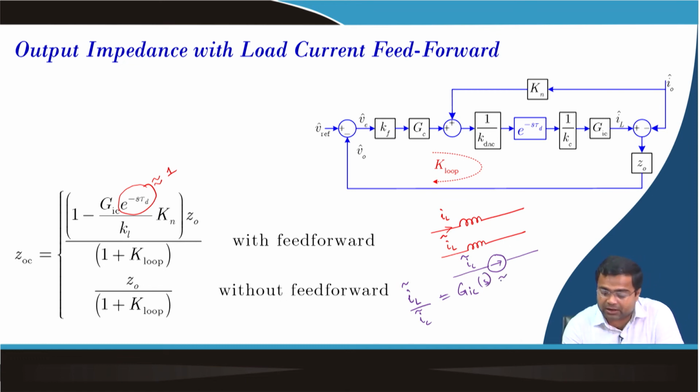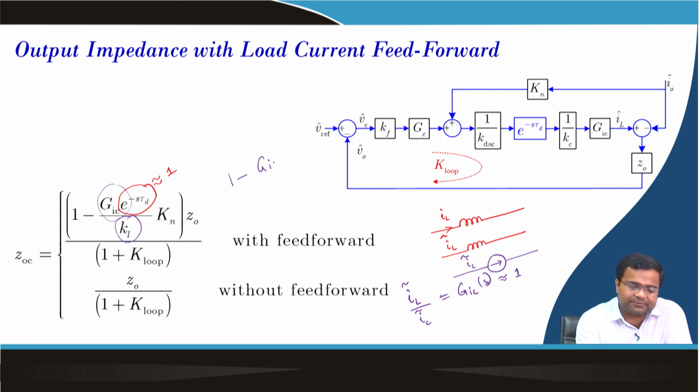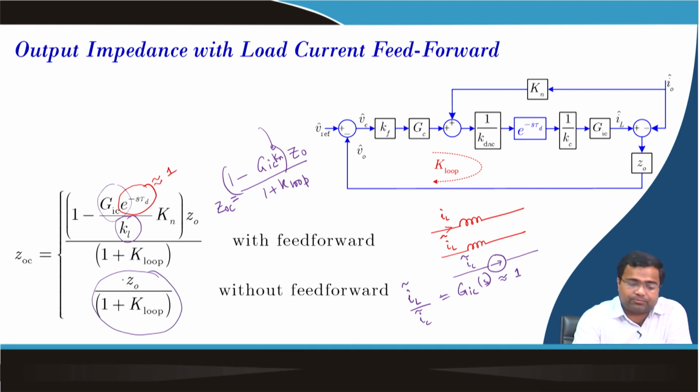This will be approximately 1 with the first order transfer function, which is a very rudimentary model we saw, and that was good enough to design current mode control without ramp compensation. If you make that, then this GIC will be 1, and this can be scaled to make it 1. Because of the whole loop gain, it can be shown that (1 minus GIC) into Z0 divided by 1 plus loop transfer function is my closed loop output impedance with load current feed forward. Of course, there is a Kn term. If Kn equal to 0, then it is simply Z0 by 1 plus loop, that means there is no load feed forward. But if Kn equal to 1, since this can be approximately equal to 0, because this term is approximately equal to 1,